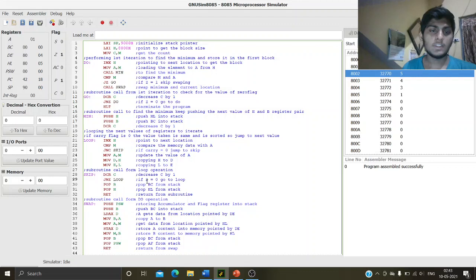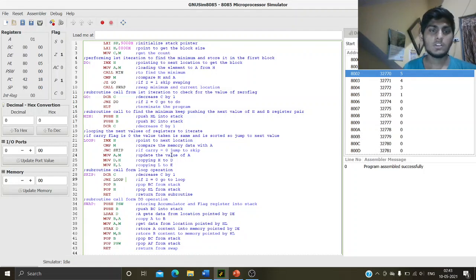In loop, if the zero flag comes out to be 0, meaning next also comes out to be the same, then we will pop out BC from the stack, pop out HL from the stack, and return from the subroutine. Means we will next perform the do operation again.